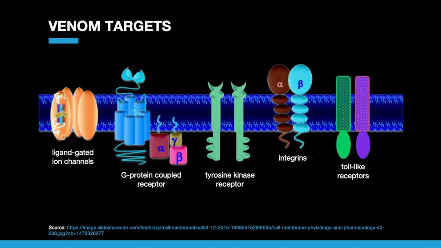As I've said before, the toxins in the venom arsenal can target several molecular targets, whether they are G-coupled receptors, nicotinic receptors, or tyrosine kinase receptors. There are various kinds found on the membrane of a cell. For the most part, most of the toxins, especially in our killer snails, are membrane-acting toxins. They don't necessarily have to penetrate into the cell, but they act on receptors found on the membrane